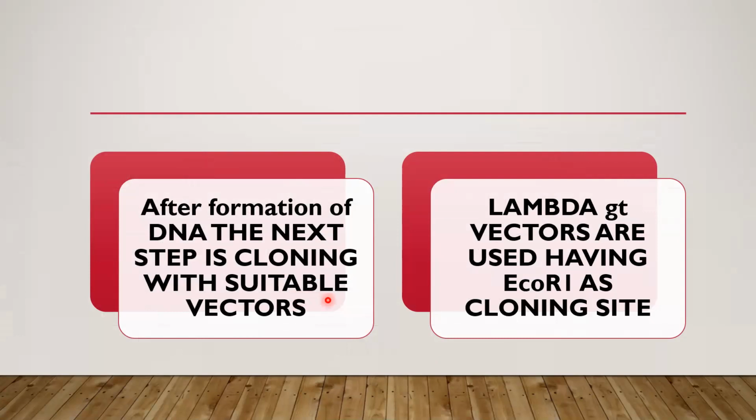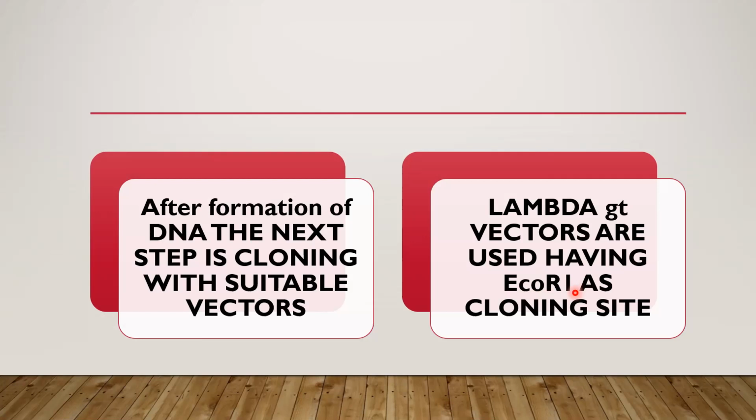So we can use a plasmid vector or we can also use lambda GT vectors. Whatever vectors we are using, they should have sites for restriction enzymes so that restriction enzymes can cut at specific places, and at those places we can insert our DNA which we have created during complementary DNA library formation. Now here we are using lambda GT vectors which may have sites for the restriction enzyme EcoRI. Now EcoRI has been extracted from Escherichia coli. R is the strain and I is the number.